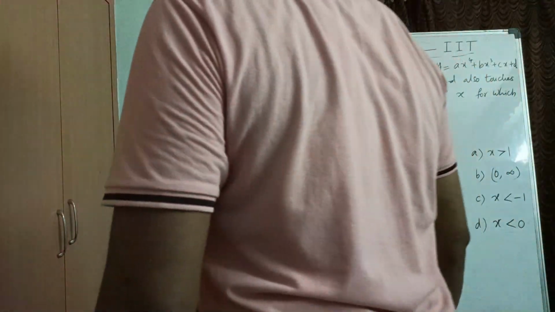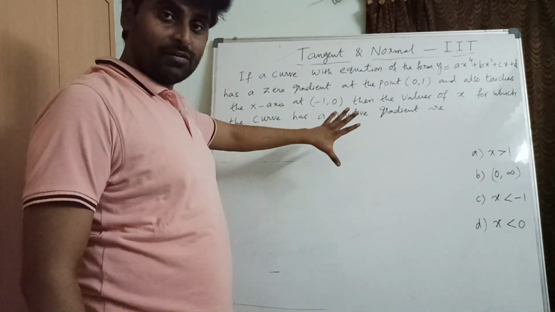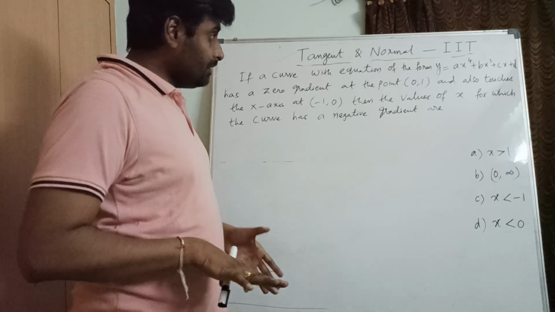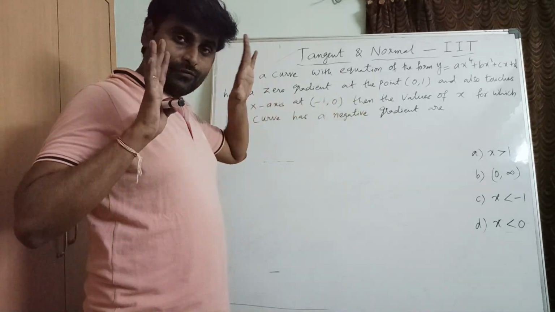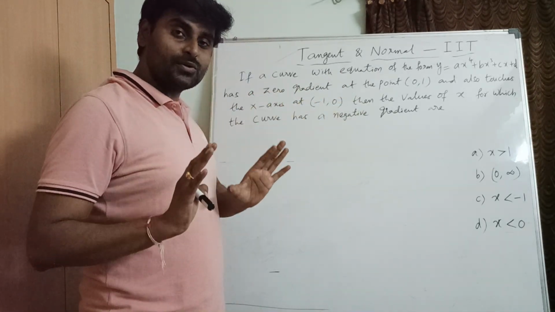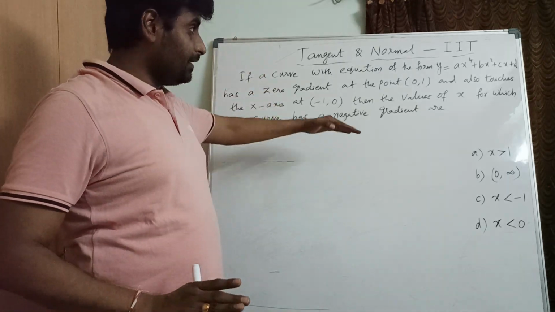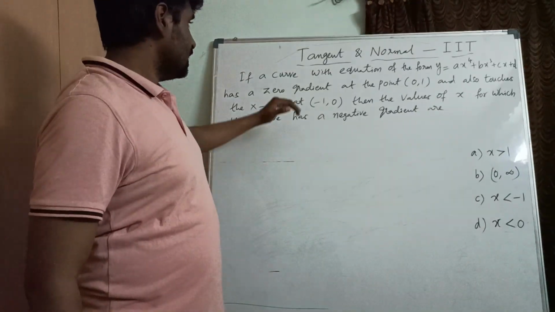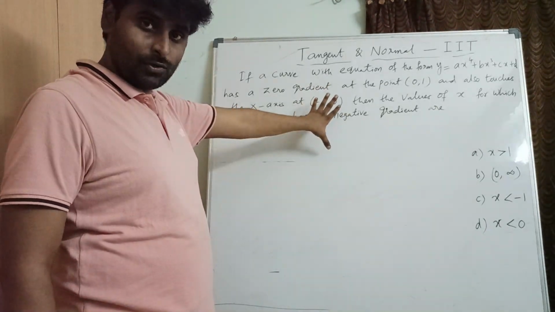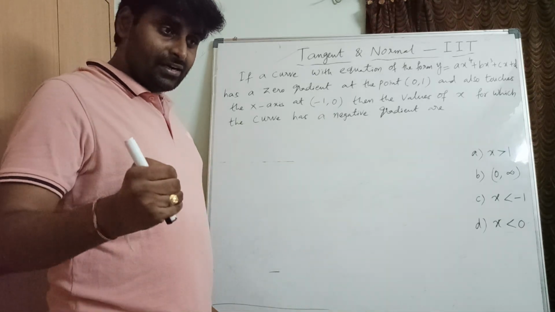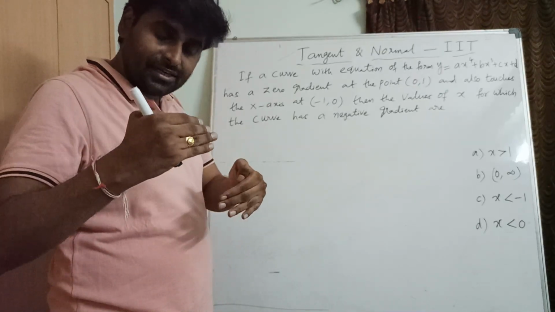Now look at this question. First of all, for every problem we have to understand the question part by part, and finally we have to understand it as a whole. Finally, as a whole, what was given and what should be found out. That is important. So like that we'll try to understand the question in every problem. Most of the questions look difficult and lengthy from the outlook, but the solution will be very easy. The moment you try to understand the question, the difficulty level of that question will be reduced.